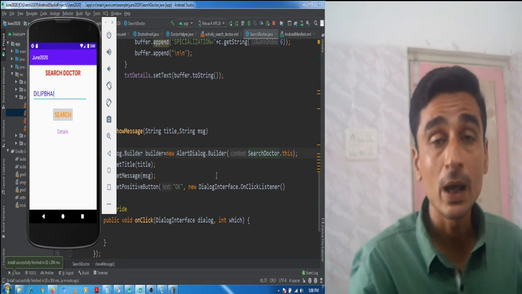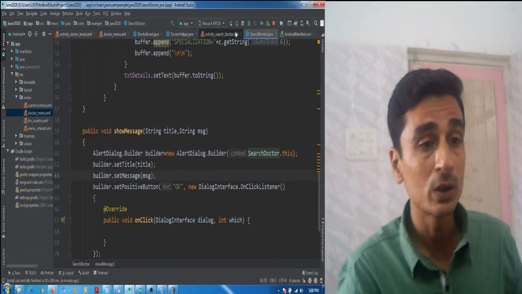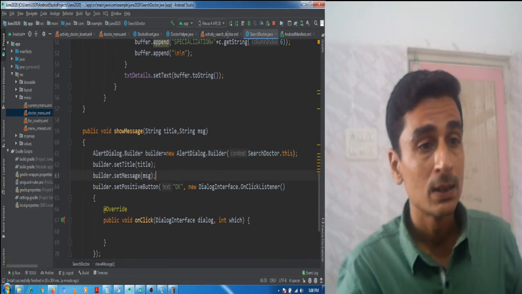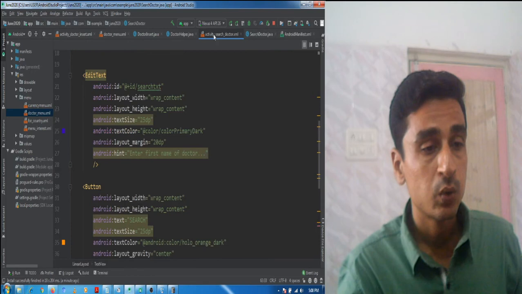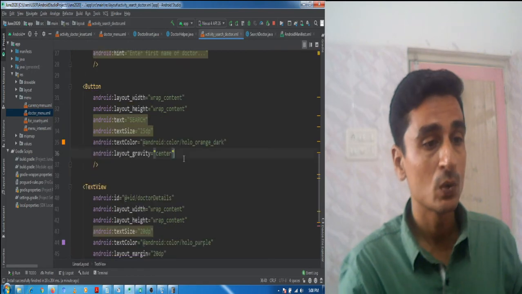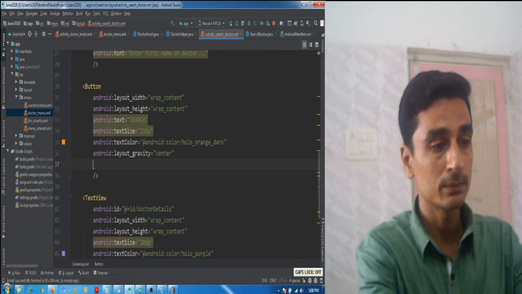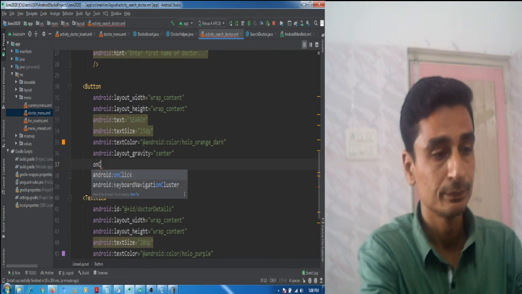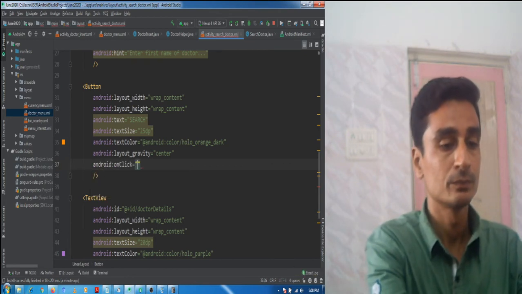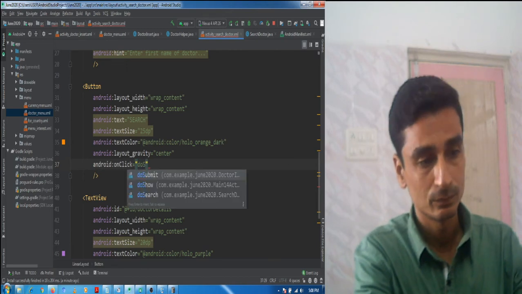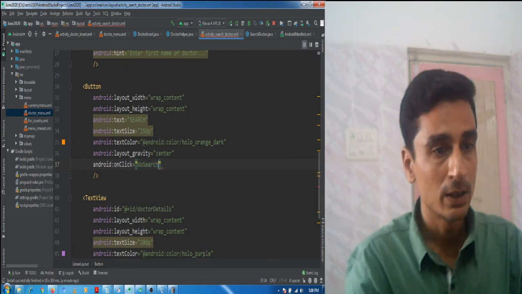Oh, I haven't set the on click attribute in my button, so no code was executed on click. Let me try again.